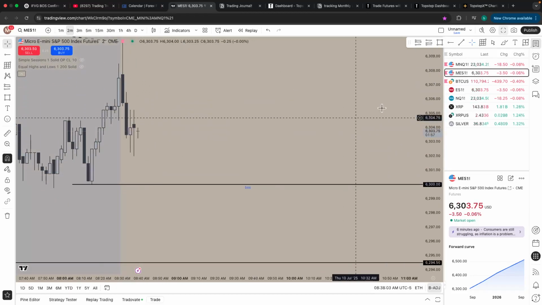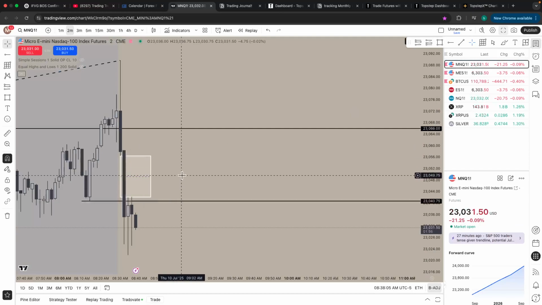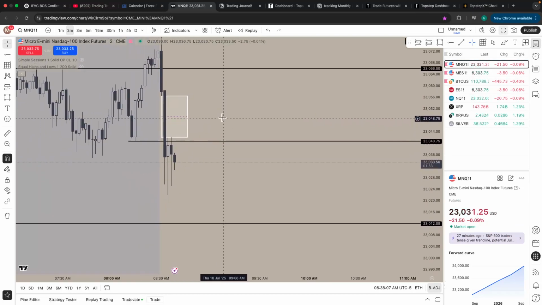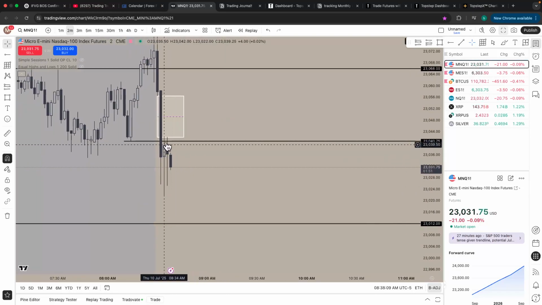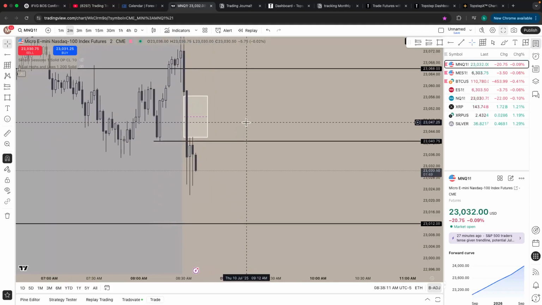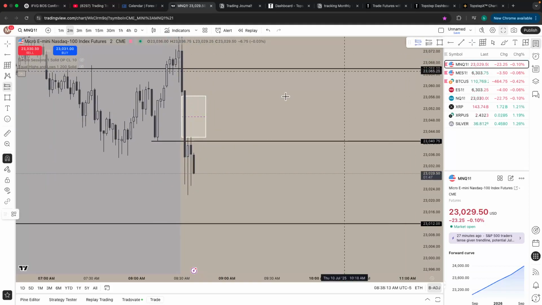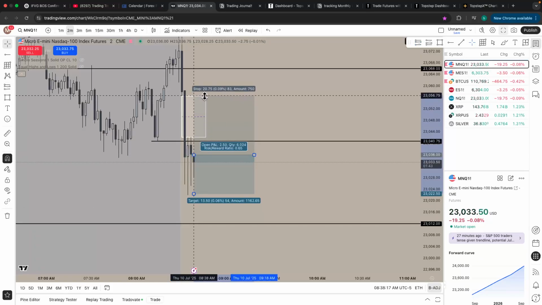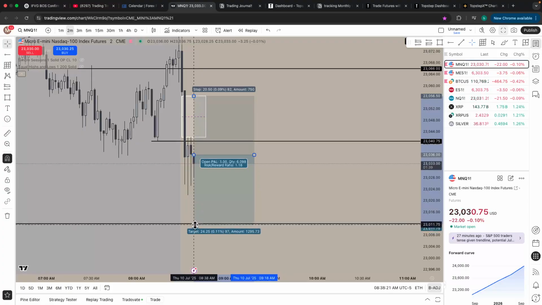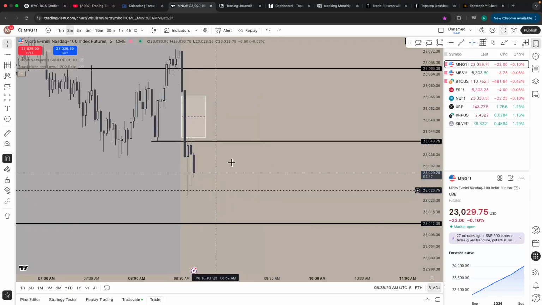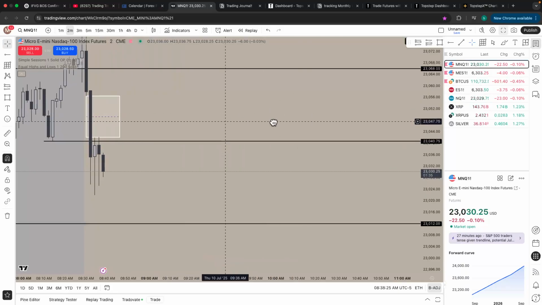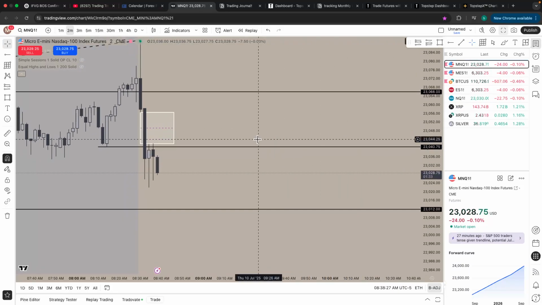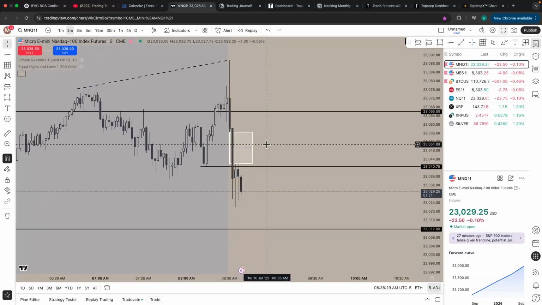pushes past on the gap, then yeah, fills it, and we're respecting it, and we're trending lower. I could have probably entered off of that, but let's mark that up to see what the RR would have been if I would have entered on the close. Stops above highs, stops above the gap. I do not like that risk to reward at all. 1 to 1, I'm good on that. Risk 100 to lose 100,